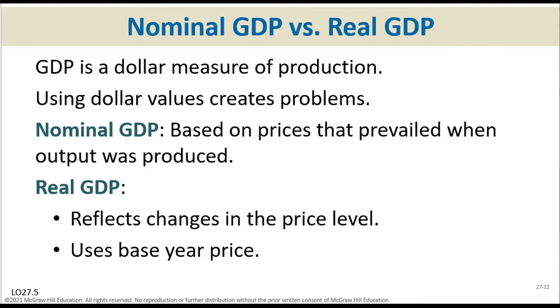right? So in order to calculate a real GDP, you have to determine a base year, a year you want to use as a base year to be able to bring all the prices to that particular year. So a base year must be selected, right? Then the current year prices will be adjusted based on the base year. So we'll do one simple calculation of that later.